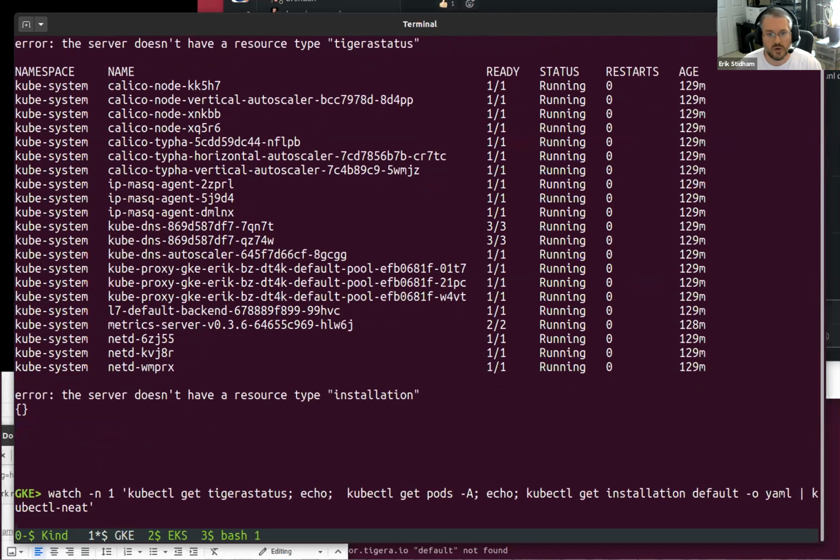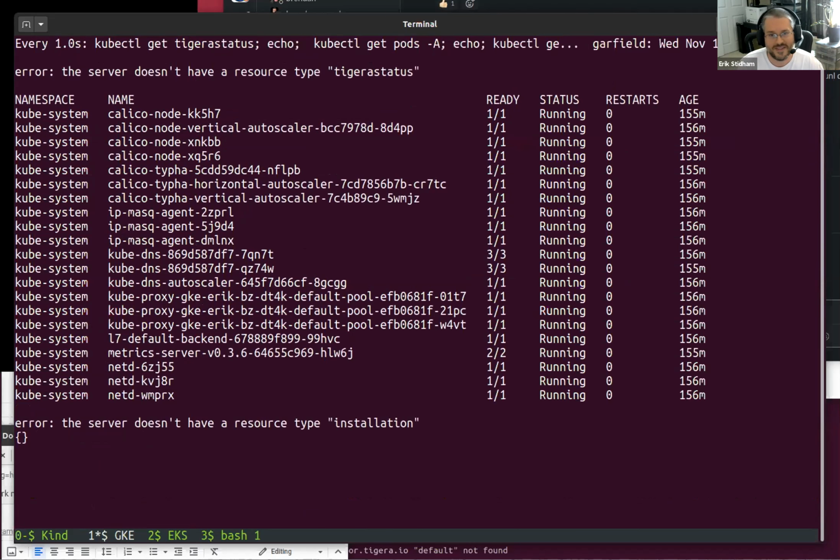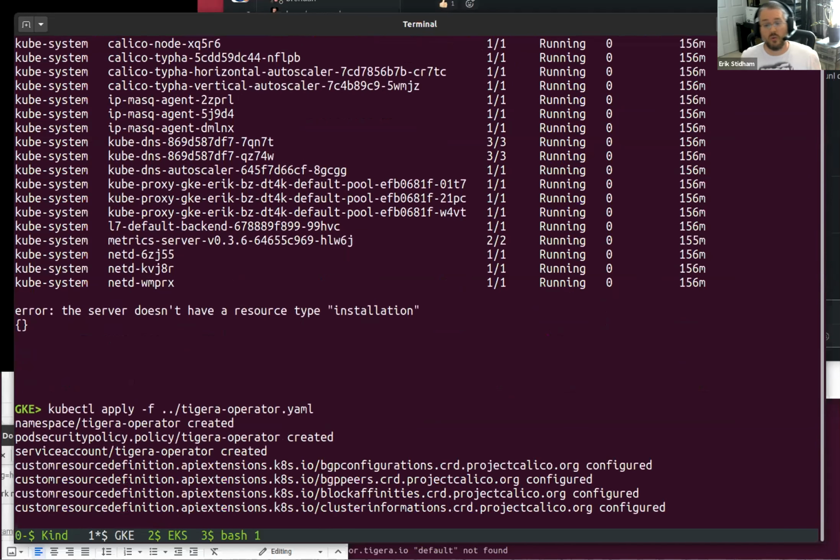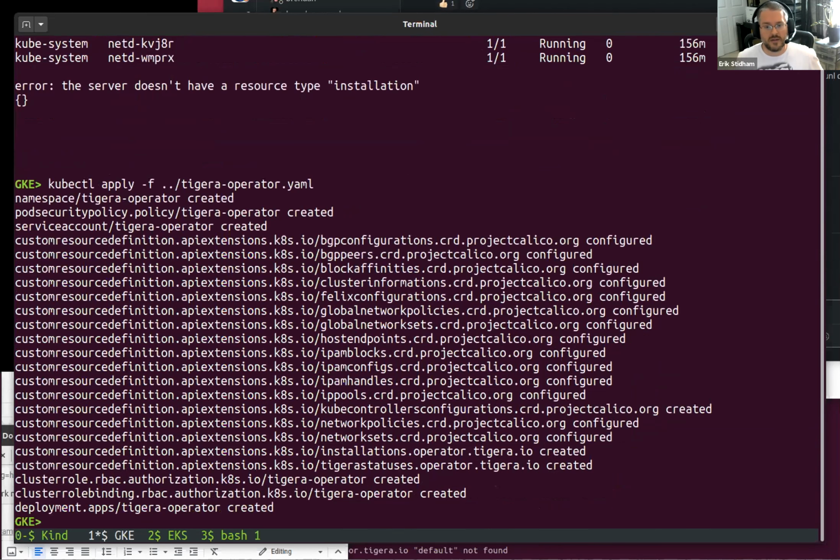Here is a GKE one. Now, this is not going to show a migration necessarily, because you can't in GKE if you have it install Calico, because it uses add-on manager and makes sure things don't get installed or don't change where it doesn't want. But I wanted to do this to show how the operator will detect that and actually not try to roll out.